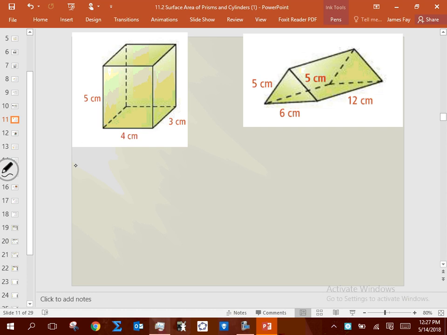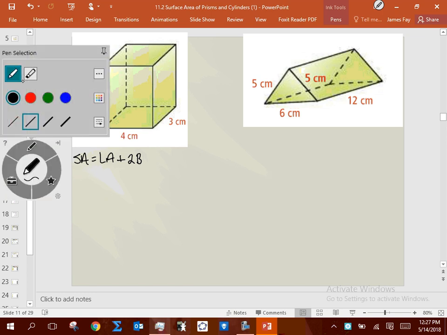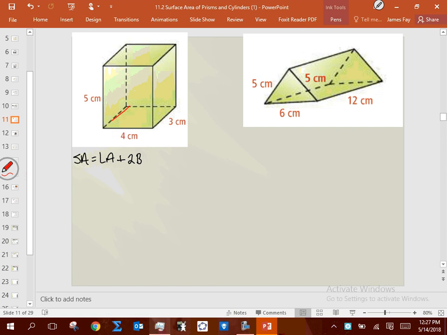All right, so on this one, surface area is lateral area plus 2 bases, right? Okay. I'm going to find the lateral area first by allowing that to be a base. So that means that would be a base up top as well, right? So LA is P times H. What's the perimeter of this base on the bottom? 14. And now what is the altitude of the prism? 5. So 14 times 5 gives me